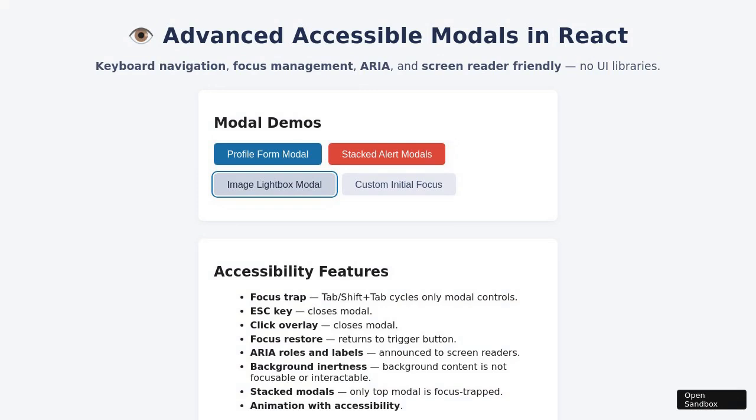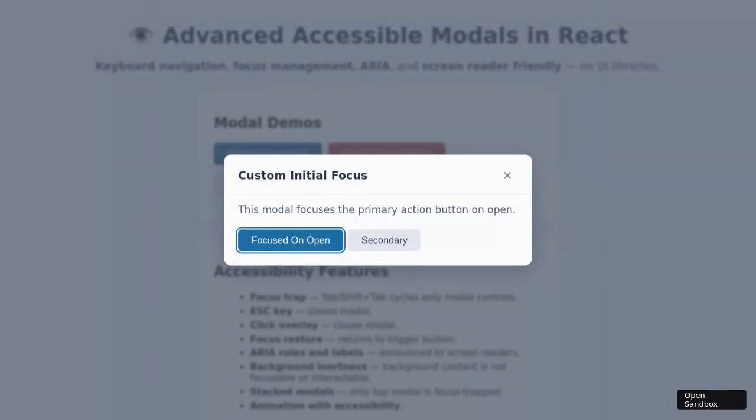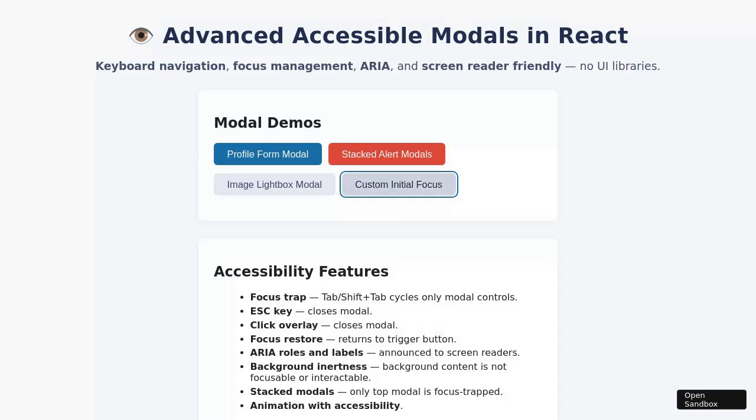Pressing the Escape key closes the inner modal, returning to the outer modal, which still traps focus. The outer modal is closed by clicking the Cancel button, returning to the main app interface. The Image Lightbox modal is then opened, displaying a large image in a modal overlay. Pressing Tab moves focus to the Close Lightbox button, and pressing Enter activates it, closing the lightbox and restoring focus